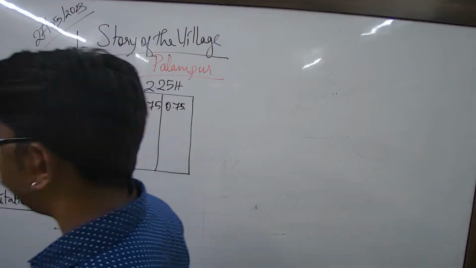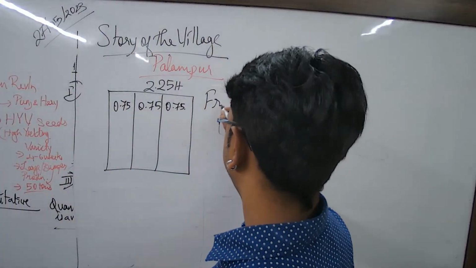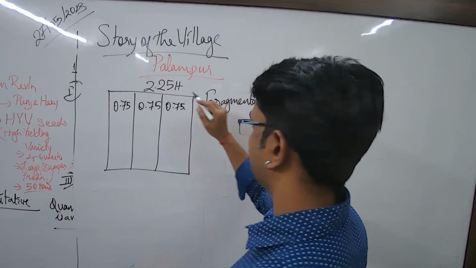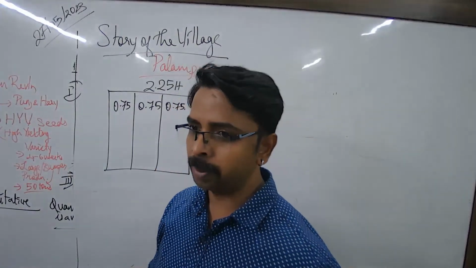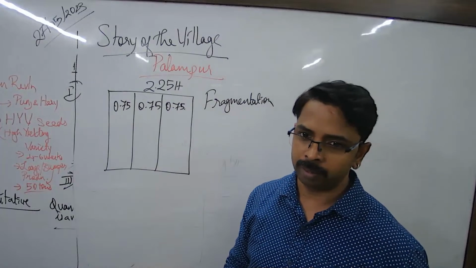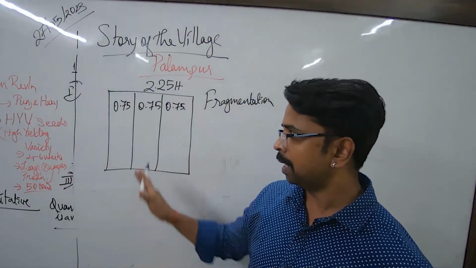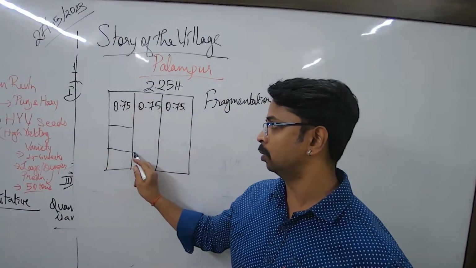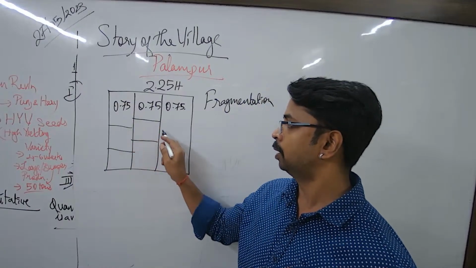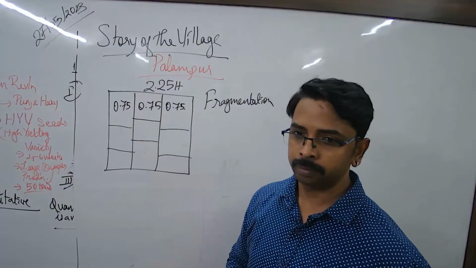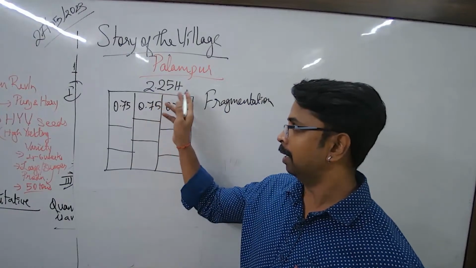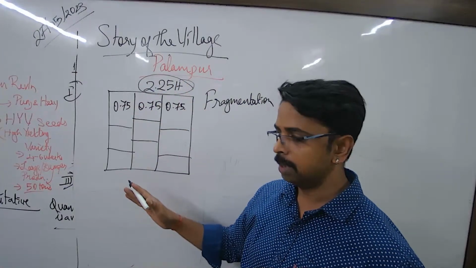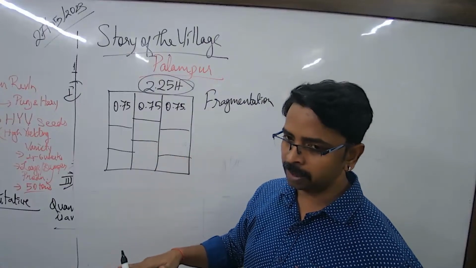Now, normally we suffer from a problem called fragmentation. Is the word meaning understood? Fragmentation. As long as he was alive, this 2.25 hectare was quite okay for large scale farming or modern farming. But now it is fragmented. Now we further assume that they have 2 sons of their own. Are you understanding what I'm doing with the farmland? So now it's hardly sustainable. The farmland which was one big plot gets divided, gets fragmented with the population growing.